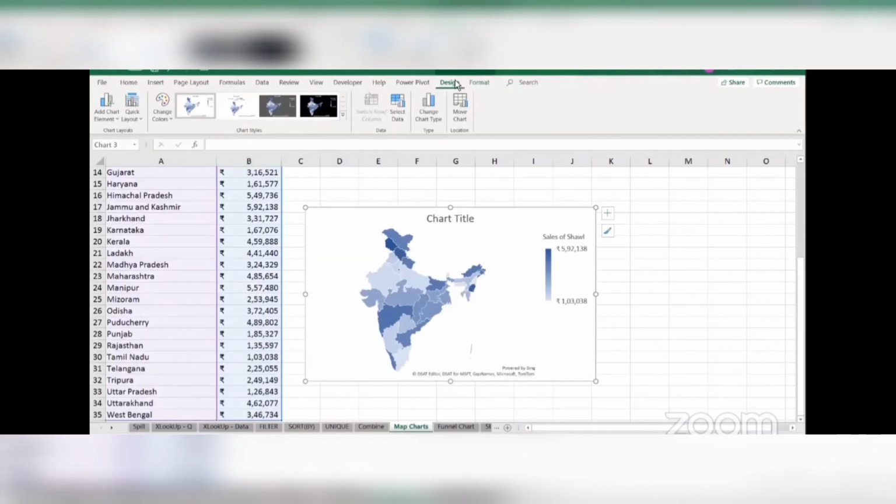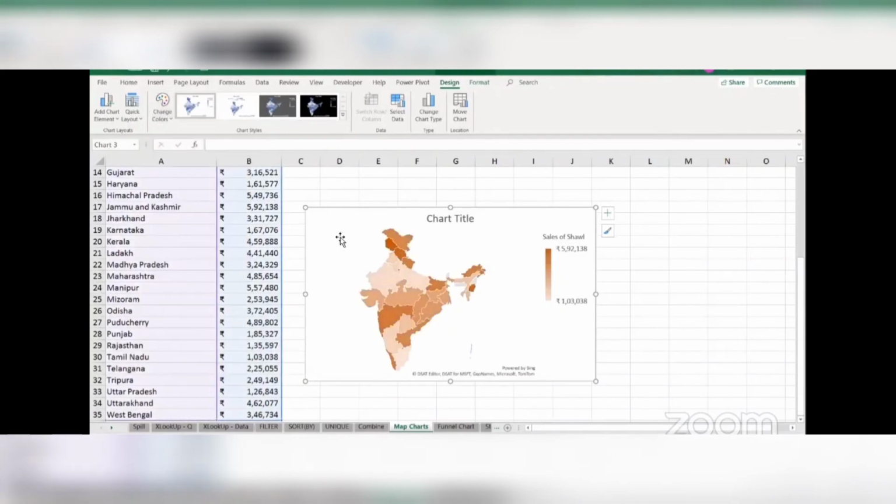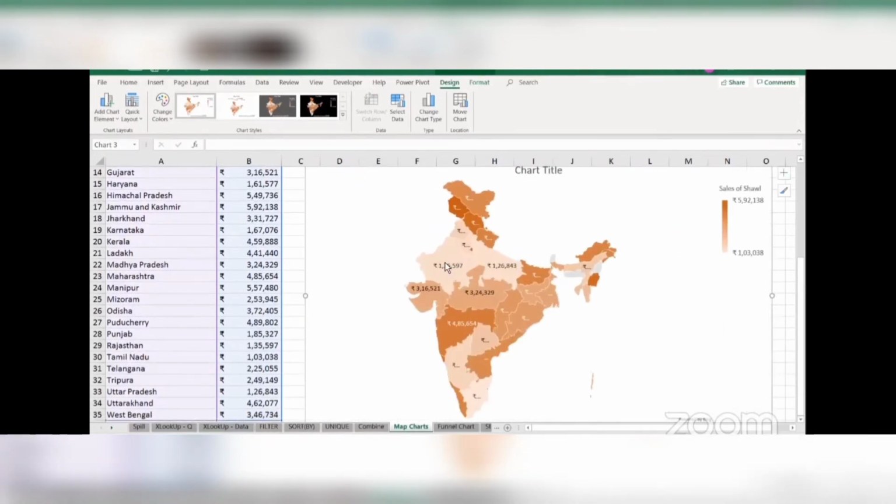You can go ahead and select the option of design, change color, and change the color to something else as well. So if I want to have it in orange, I can have it in orange as well. You can go ahead and add a data label to it as well. So if I say data label show and expand this map, you will see the actual value starting to pop up here as well. Again, it depends on the size of your visual, but you will see all the values come up here as well. Or you have the option of simply hovering over each and every state and you will get the answer for that.